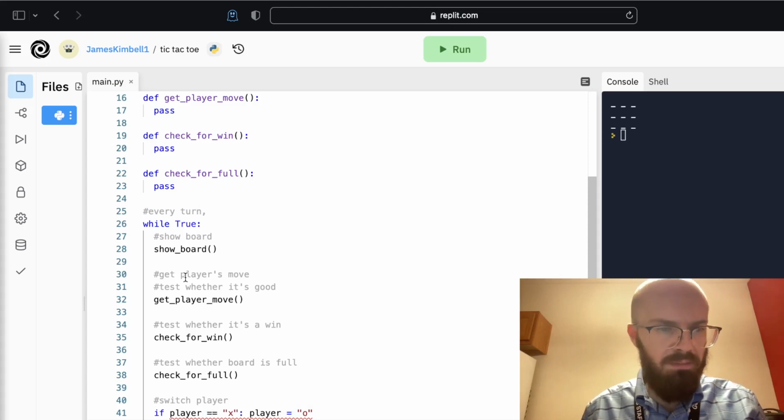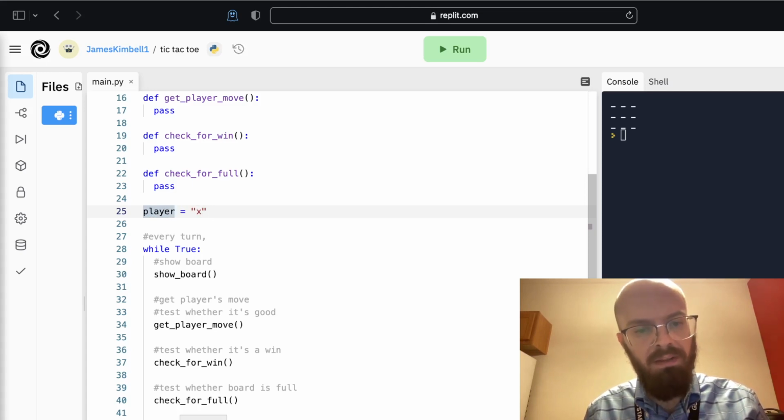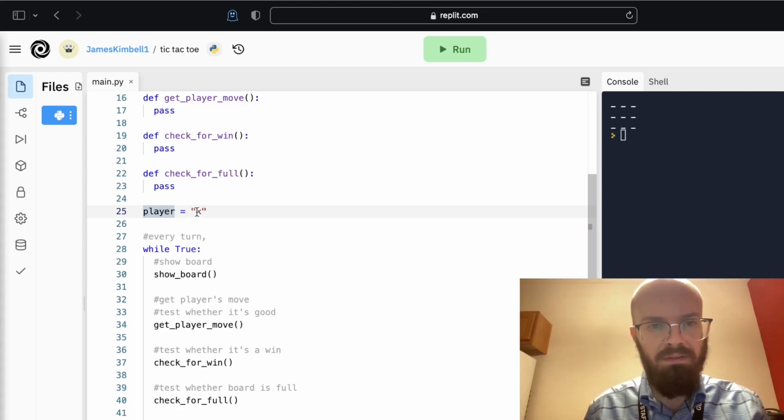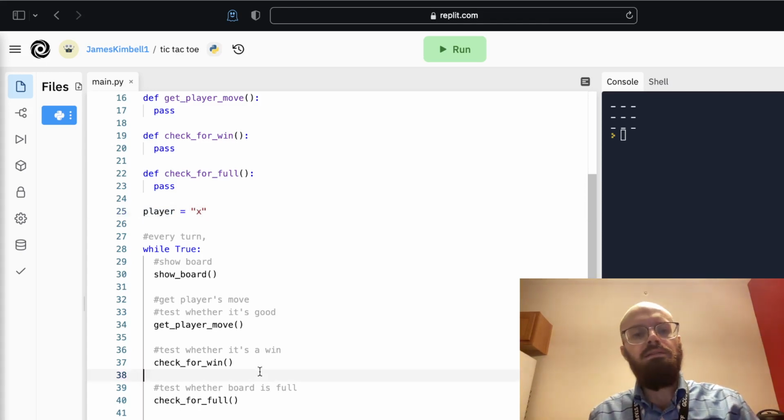We're going to have to make the player, and I'm going to do that outside the loop because it just has to be created once. Both for technical reasons, you have to make the variable exist in order to reference it later, but also for logical reasons, you have to have something to start with before you do the switching stuff. Okay. So now,